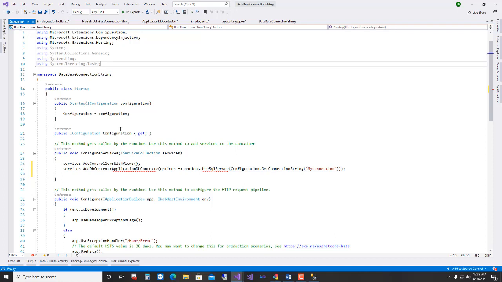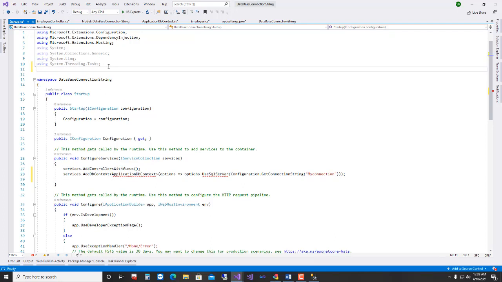I need to give the reference of my ApplicationDbContext file. So using database connection dot models.